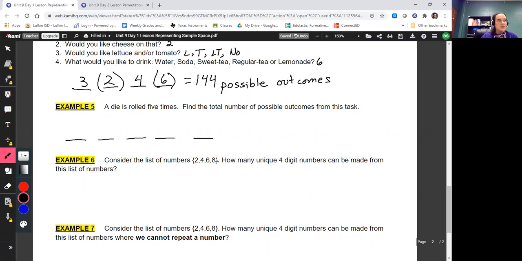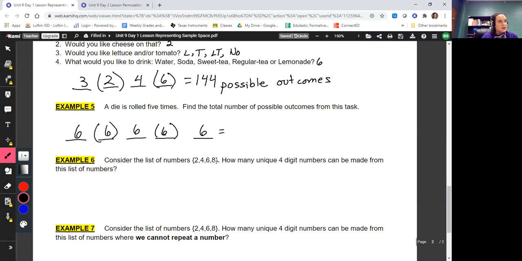So for the first die roll, we have 6 possible outcomes. For the second die roll, we also have 6 outcomes. For the third, again, 6 possible things that could happen. For the fourth, again, 6 different outcomes. And on the fifth die roll, we have 6